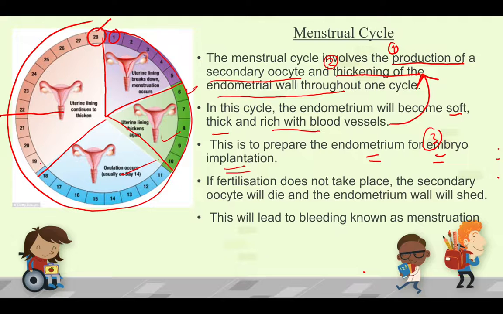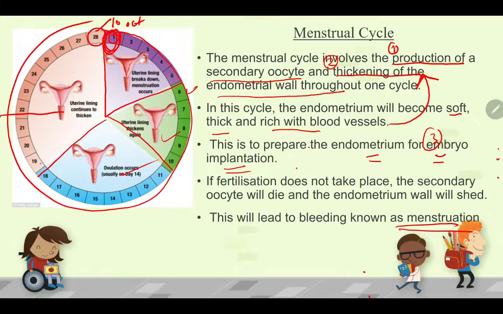The first day of menstruation is referring to the first day of the menstrual cycle. Maksudnya hari pertama seseorang perempuan tu datang haid merujuk kepada hari pertama kitar menstrual. Maksudnya kalau dia datang haid pada 10 hari bulan 10, maksudnya day 1 dekat sini ialah 10 Oktober, bukannya 1